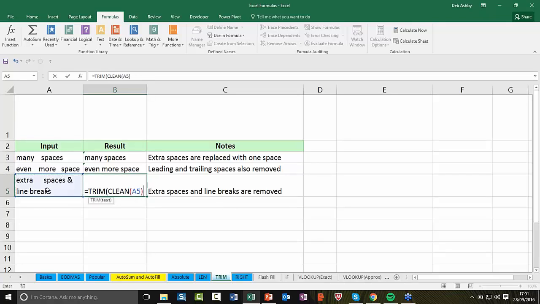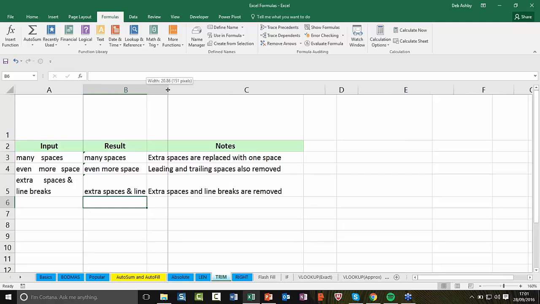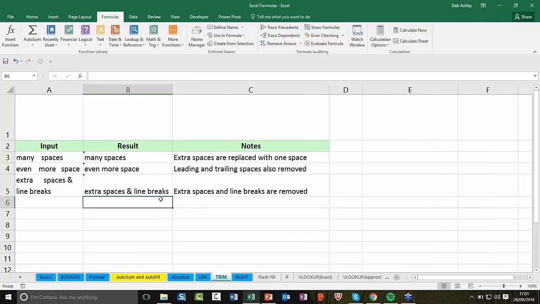And we need to close the brackets twice. Why do we need to close the brackets twice? Because every time you have an open bracket, there must be a closed bracket on a formula. I don't know if I typed that in or if it's just hidden. Yep, there we go. So now you can see that it's removed the spaces and it's also removed those line